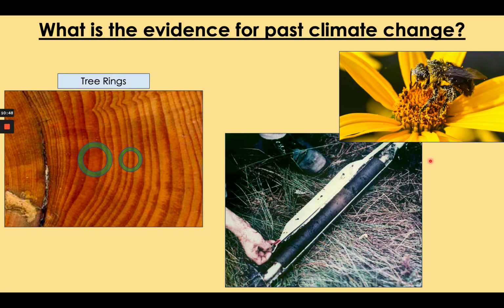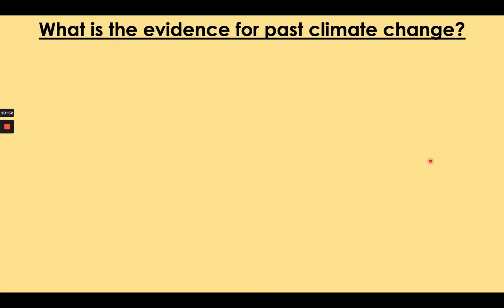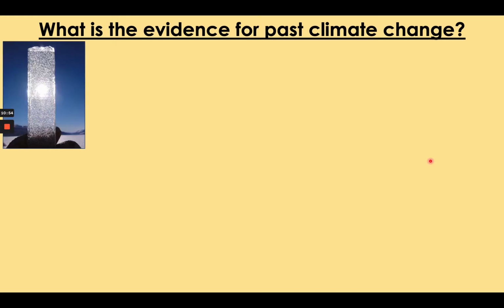But what if we want to go even further? Then we have to do this. Every year, scientists go to Greenland and Antarctica and dig long tubes of ice into the enormously deep ice caps, which are sheets of ice on top of Greenland and Antarctica. These ice caps can be several kilometers deep. And scientists dig up these tubes called ice cores,